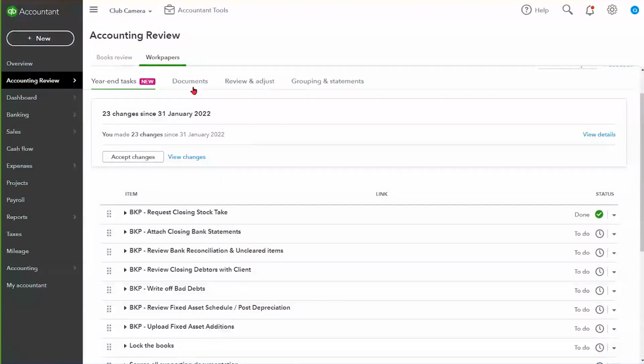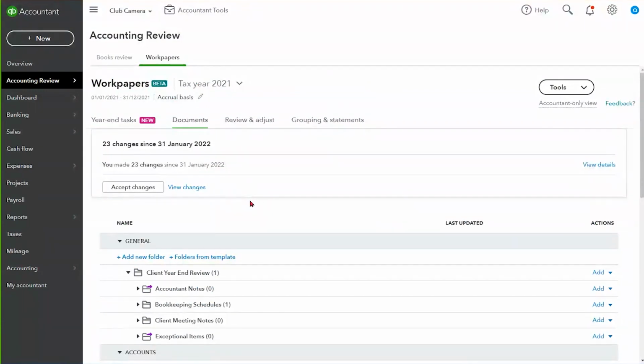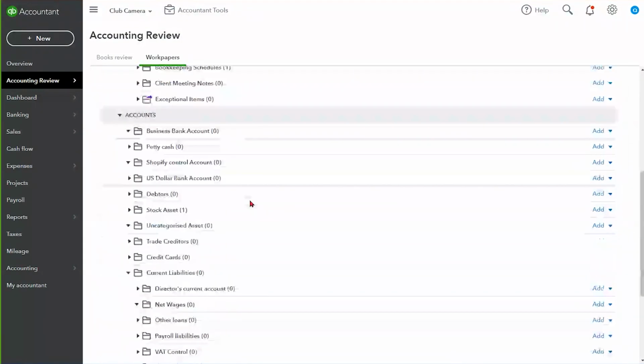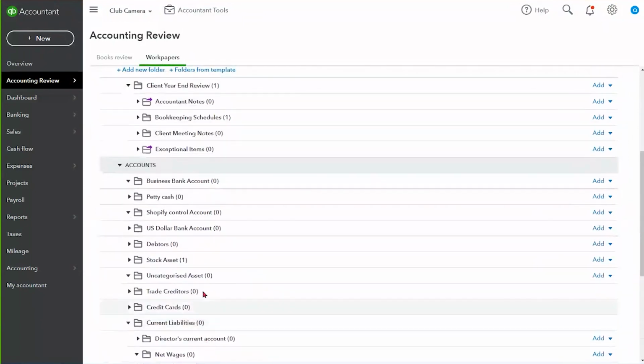But I can also go across to documents. You can see here I said I need to attach the closing bank statements. I'm able to go across to documents. Now in the documents tab, it will have all of the balance sheet accounts and all of the P&L accounts. Okay. So when I'm going to attach the bank statements, I'm able to go here,